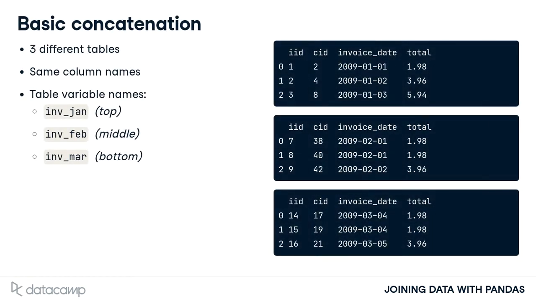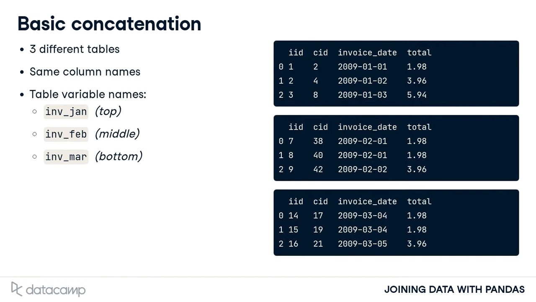Often, data of different periods of time will come in multiple tables, but if we want to analyze it together, we'll need to combine them into one. Here are three separate tables of invoice data from our streaming service. Notice the column headers are the same. The separate tables are named